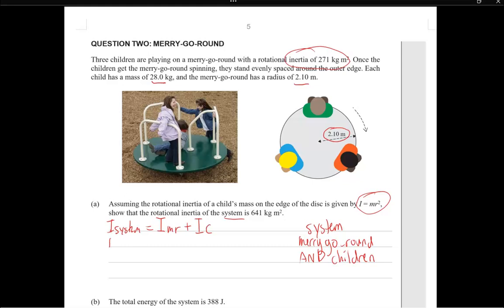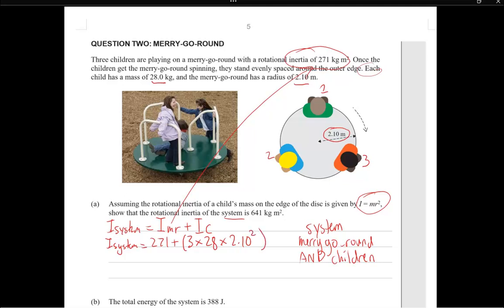So I system equals, this is already here, 271, plus, now we have to find these three children, so it's just going to be their inertia times 3. So I'm just going to put a bracket plus 3 times, they all have the same mass. As you can see, each child has a mass of 28 kgs. 28 times